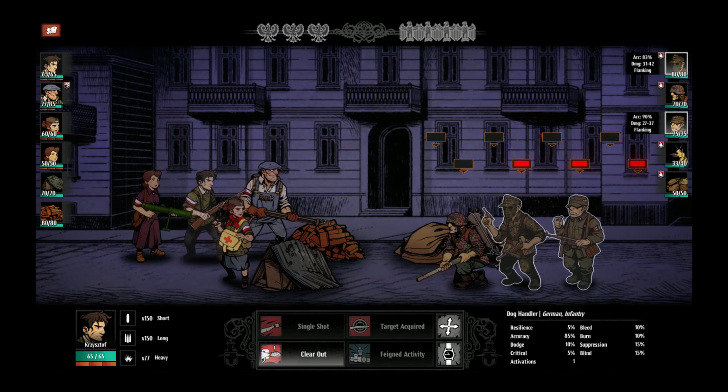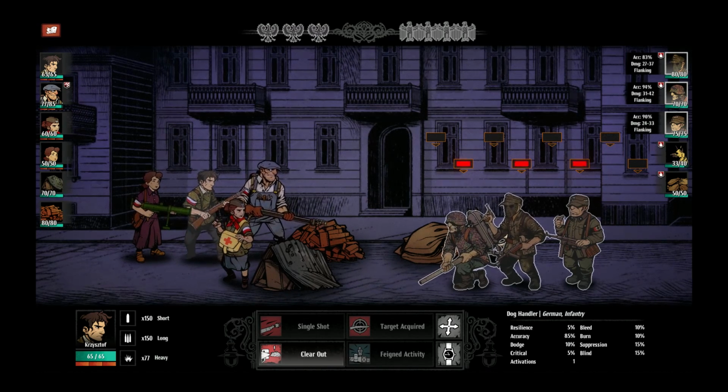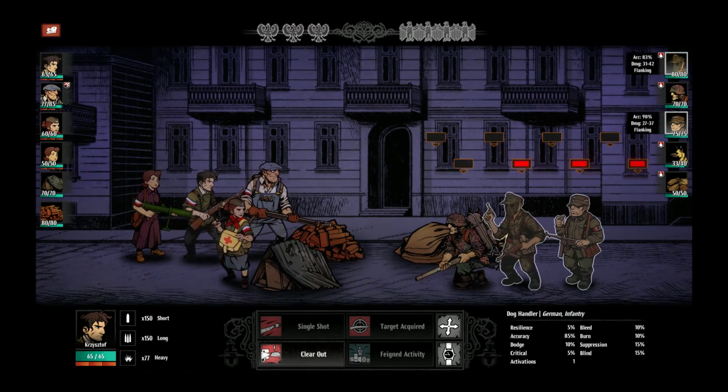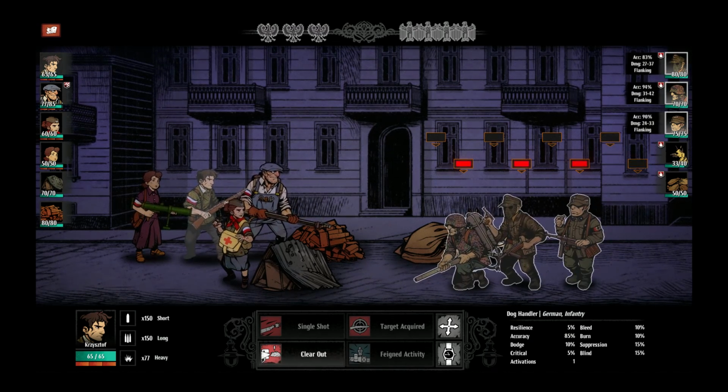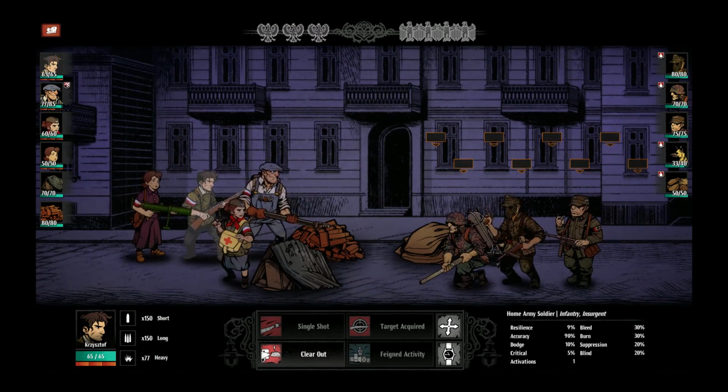Another thing to note, when I highlight the enemies with an action, you can see the damage and your accuracy in the top right, and it also will say flanking if you are in the opposite row. So this character's in the top row, these guys are in the opponent's bottom row. That means I'll do extra damage against those characters. It doesn't really look like you're really flanking them too much on this